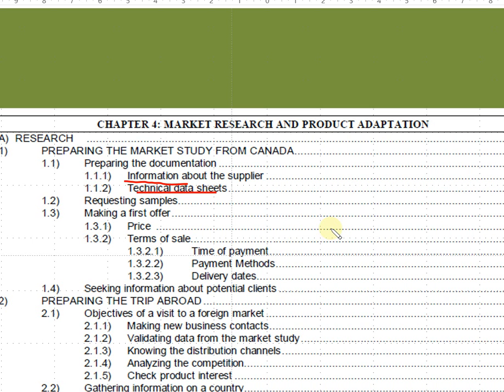You need to offer that one to detect, okay. Once you offer, you have to consider the pricing, the sales terms, the time of payment, the payment method, delivery date. These items compose the critical parts of the contract once you decide to have business relations with your partners. Okay, so the price, later on we will learn the meaning of these terms, but if I give you